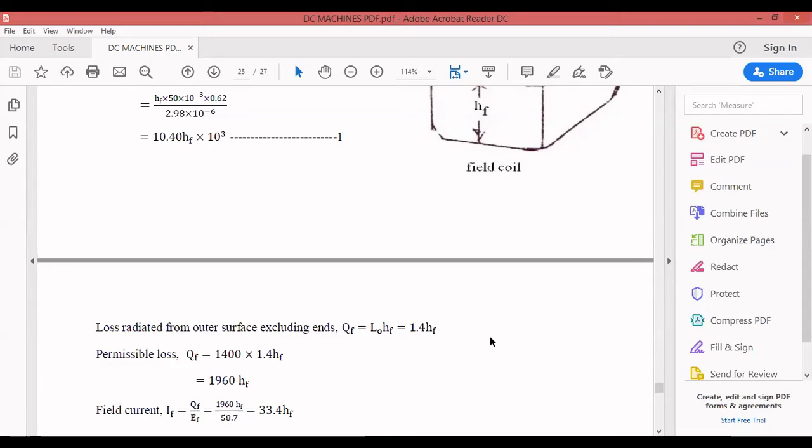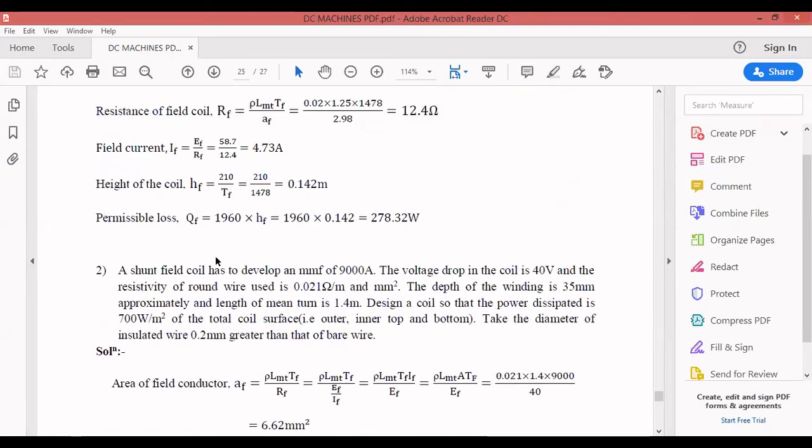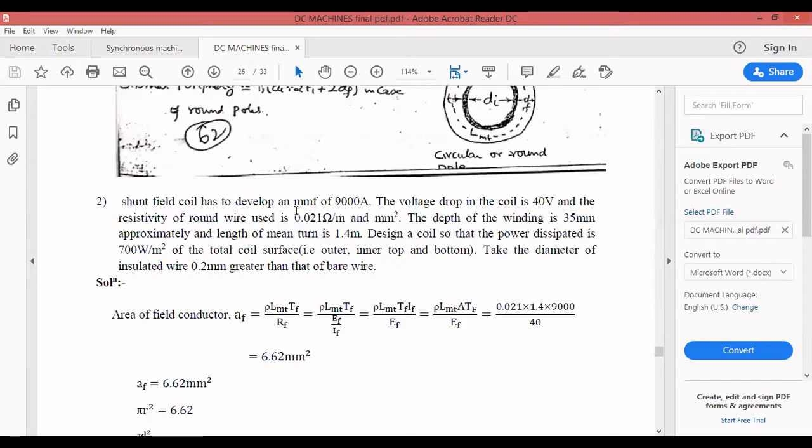Since the area of the field winding comes to only 0.2 meter square, definitely the total loss of your field winding will be 278.32 watts, because the area of your field winding is very much less than a meter square, nothing but 0.2 meter square. That is why the loss in your field winding will be 278.32 watts. Okay. This is the solution for this problem. Now the next problem: a shunt field coil has developed an MMF